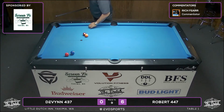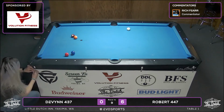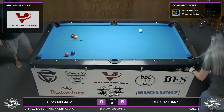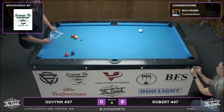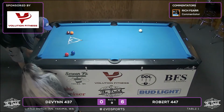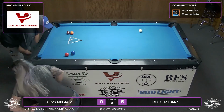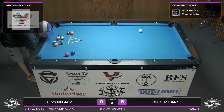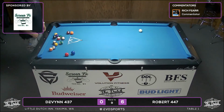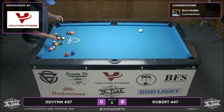Race to 9. Game number 7, which will be Robert's rack and break. Thank you, Rand, for putting the hooks back up. I almost wonder if we put it like